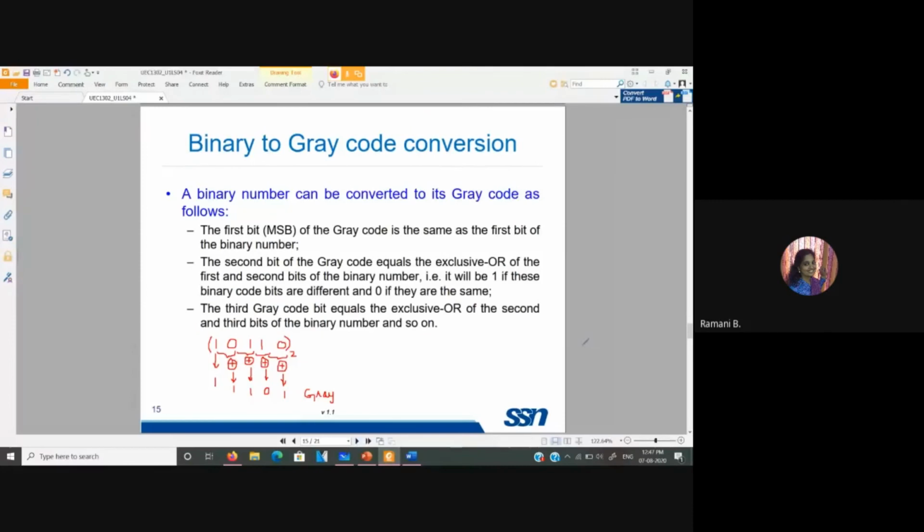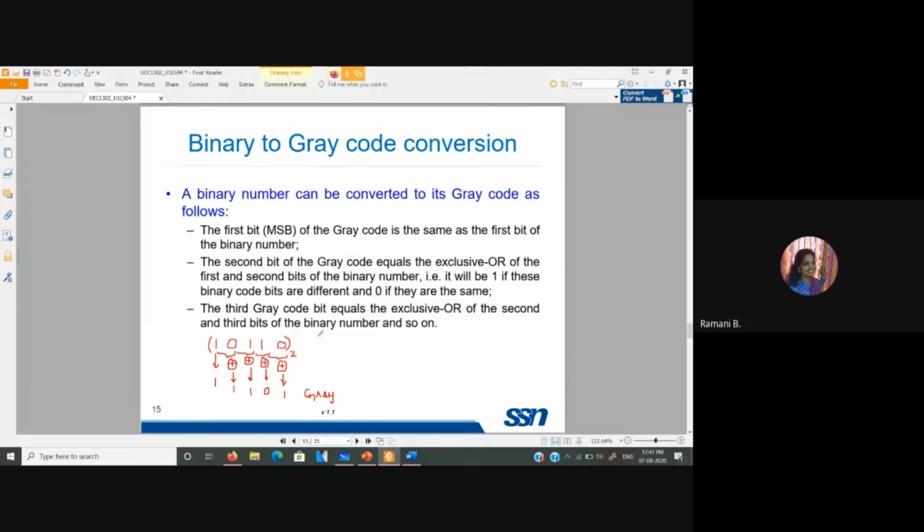Next, we shall see the code conversion. With code conversion, we have binary to gray code conversion and gray to binary code conversion. Basically, in this binary to gray code conversion, the steps are given over here. The most significant bit of the gray code is the same as the first bit of the binary number.